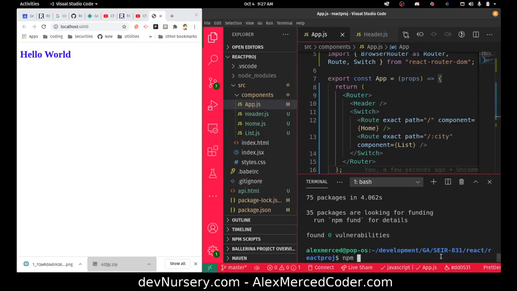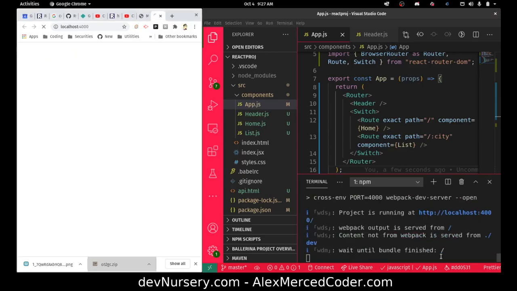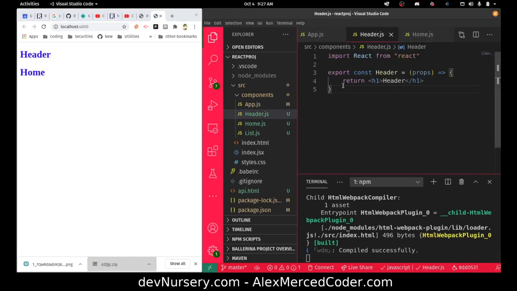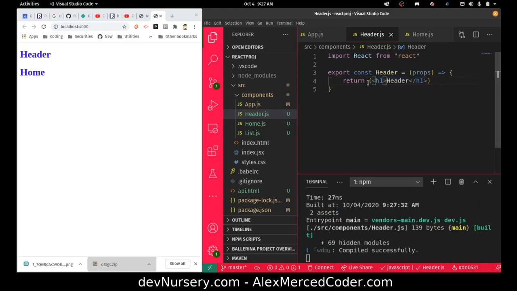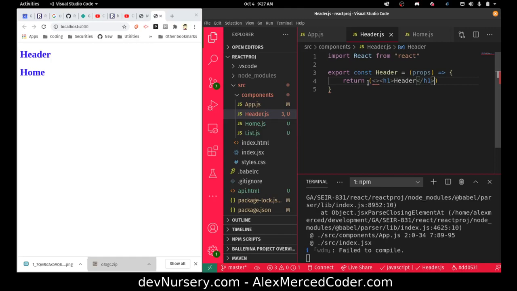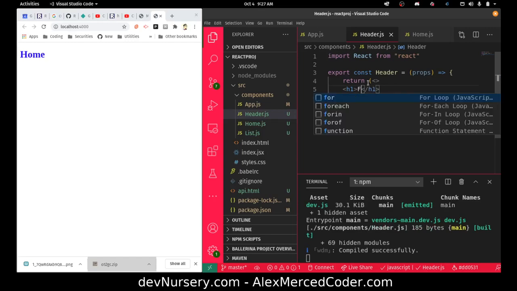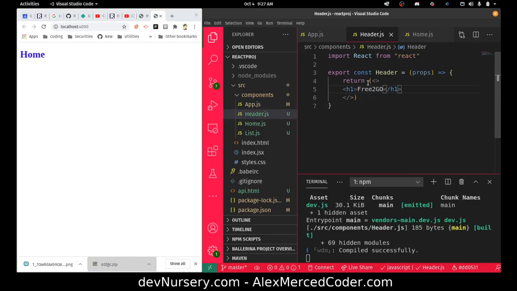But now that router's installed, let me run the server again. npm run dev. Let's just make the header and get the navigation going. So in the header, I'll put some fragments in there. Okay, and then the header, we're gonna call this app free to go. And what we're gonna want to do